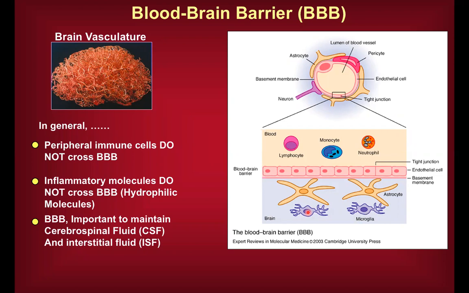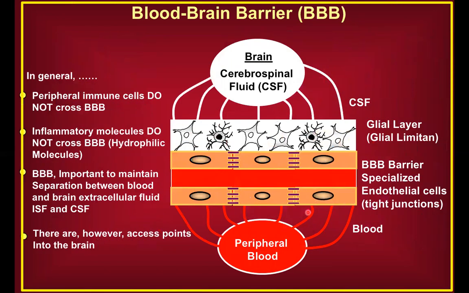And it's important that we maintain the integrity of the CSF and interstitial fluid, because if you think about it, they're the ultimate buffer for neurotransmission, right? So if you interfere with that, you're going to affect neurohomeostasis, right? This is also my schematic that I hope will help you visualize what's happening here